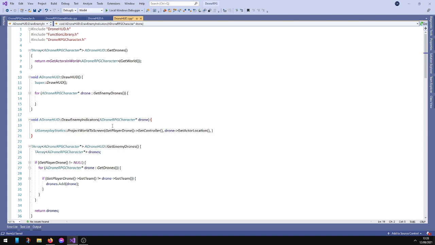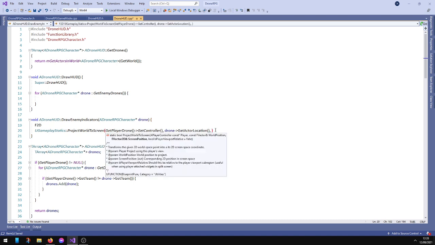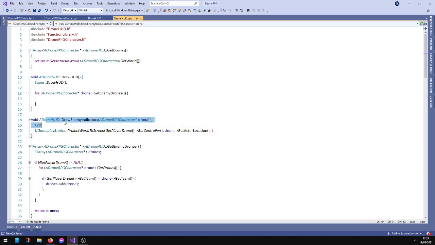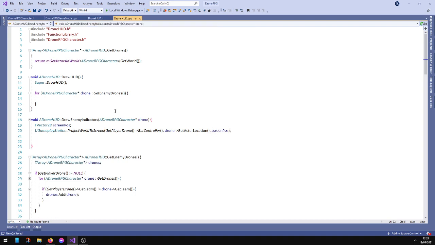So we want, oh, vector 2D, sorry. Screen position. Okay, so now we have the drone, we've got the screen position of the drone, and then we can do